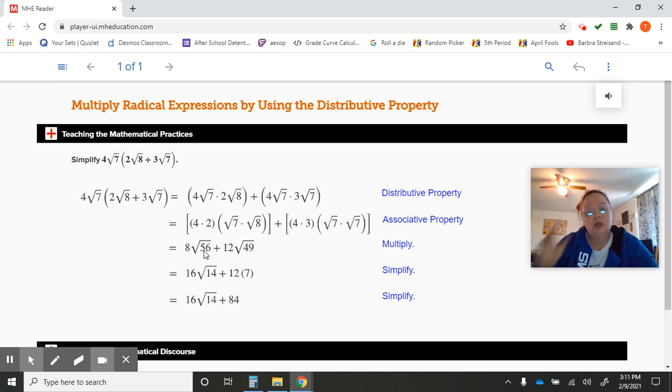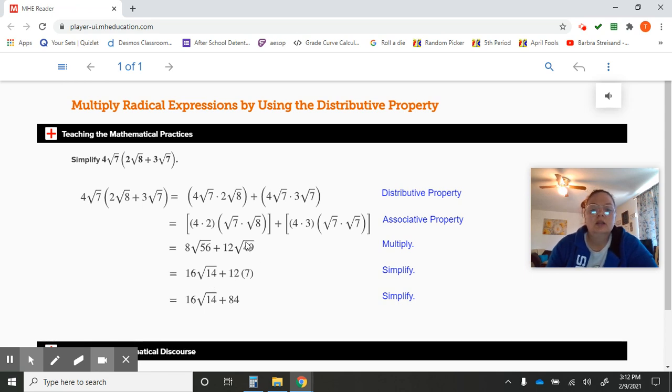perfect square, so we're going to have to break that up, and that's going to become the square root of 4 times the square root of 14. The square root of 4 is 2, so that's where we get the 16 here, because we go 8 times 2 is 16, and then we have the square root of 14 left here because 14 doesn't break down any